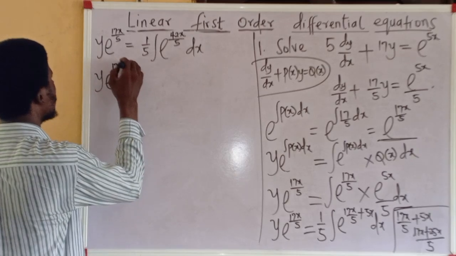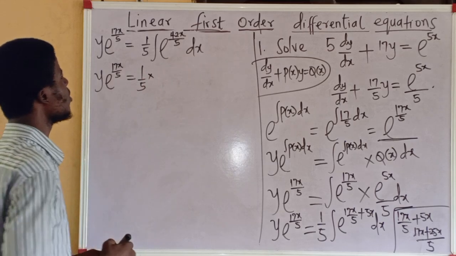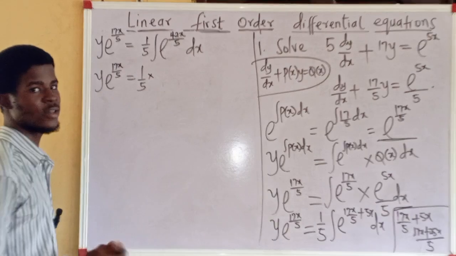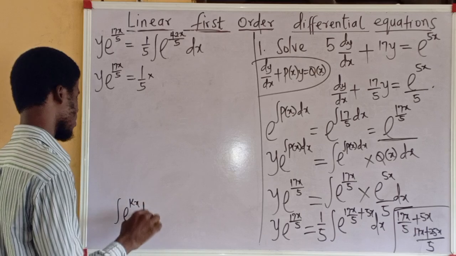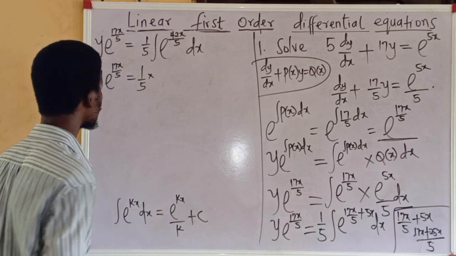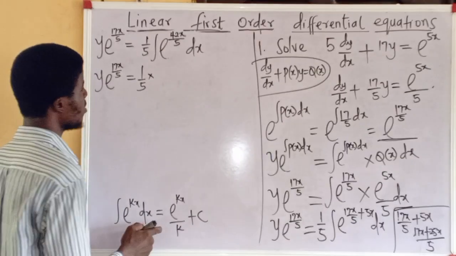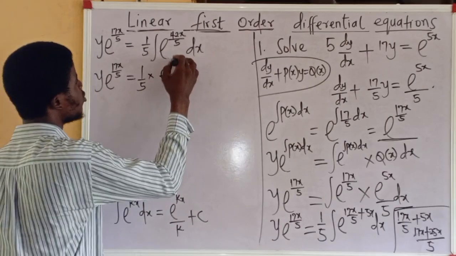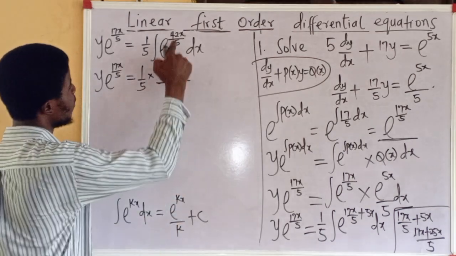Y e to the power of 17x over 5 is equal to 1 over 5 times, how do we integrate e to the power of 42x over 5 dx? The standard integral says that the integral of e to the power of kx dx is equal to e to the power of kx over k plus c. K here is 42 over 5. So going by this standard integral, this is equal to e to the power of 42x over 5, all divided by what? K, which is 42 over 5,